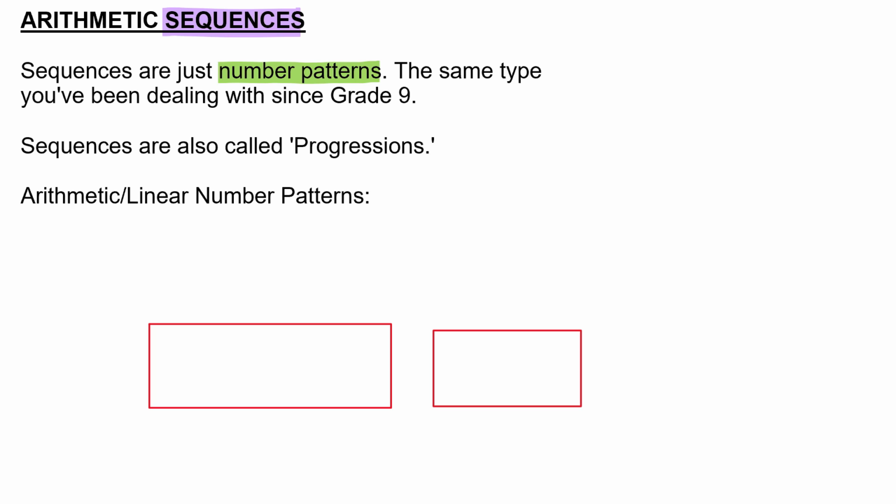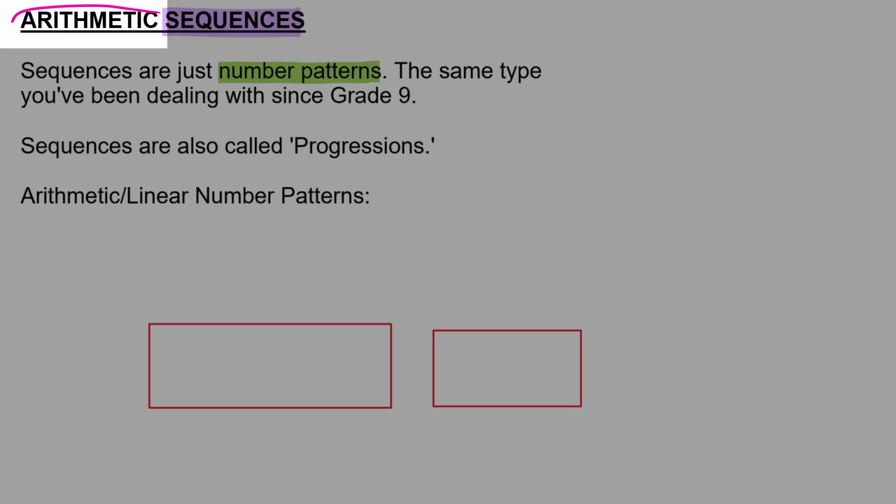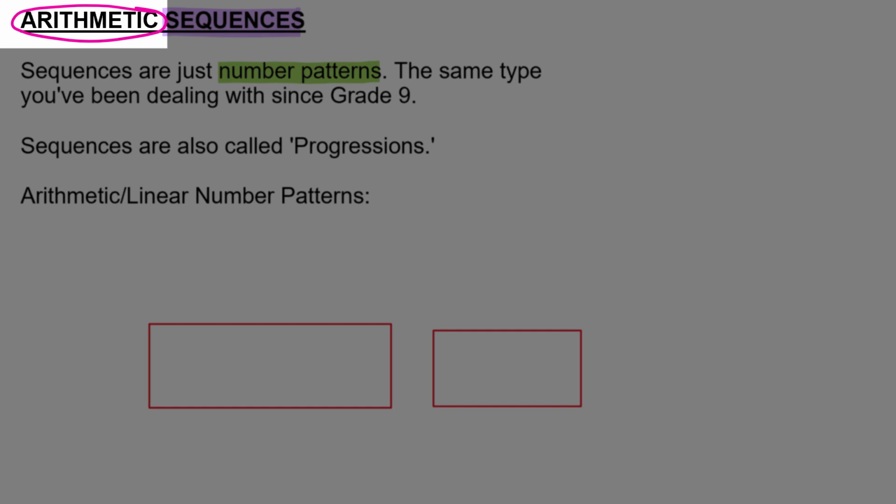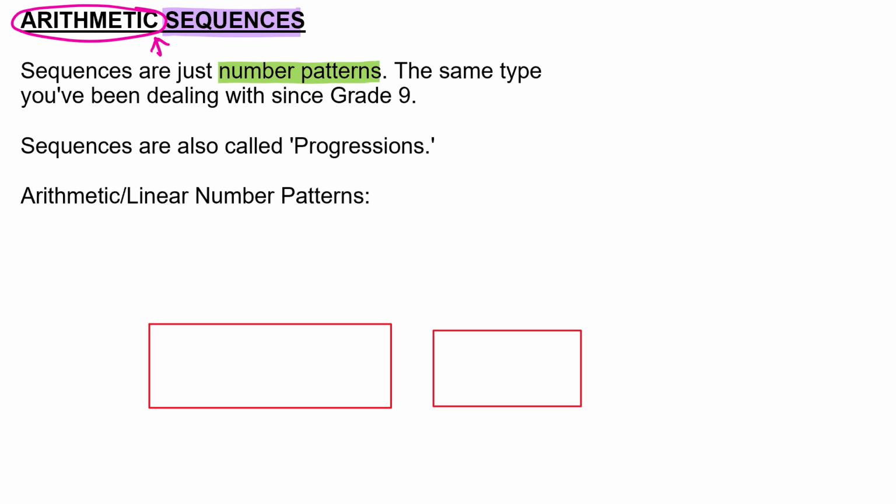But now, because you're in matric, we decide we need to make your lives more difficult. And instead of calling them linear patterns like normal, we now call them arithmetic patterns. So an arithmetic sequence is basically just a linear number pattern. And we're going to work with it in the same way that we've done since grade 9. Another word for sequences, though, is this word here, progressions. And it's actually very nice for us to think of number patterns as progressions, because basically we're progressing from one